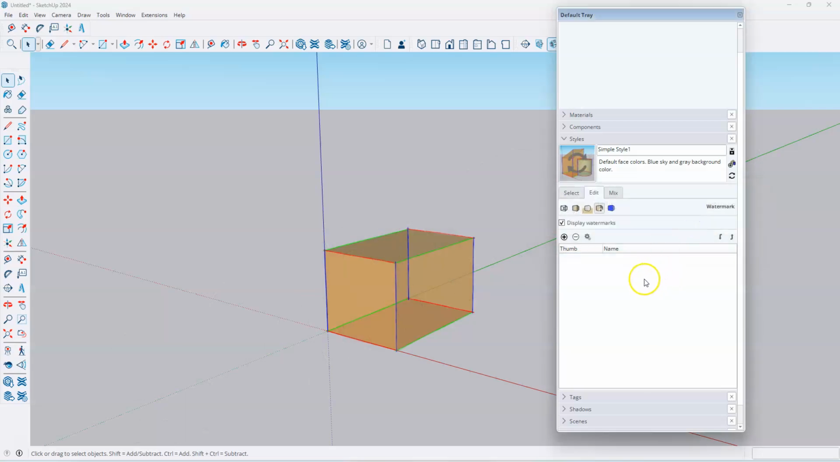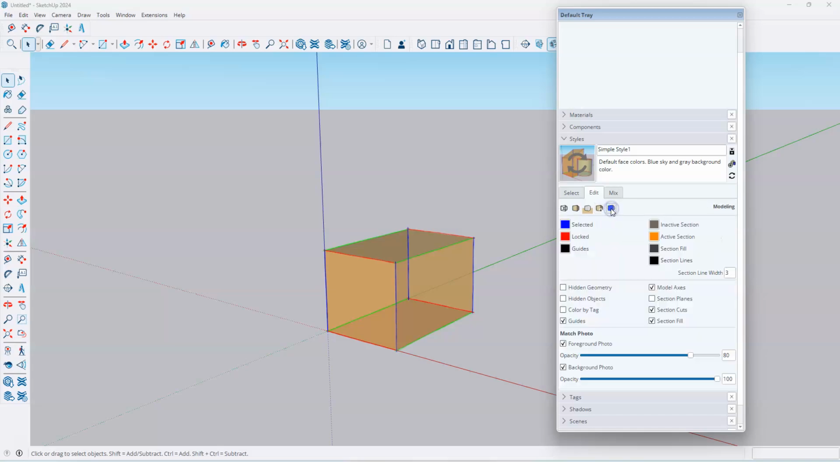And how we got to watermarks was in styles. Yes, styles on the edit tab. And then you've got these 5 little boxes across the top here. The 4th one is your watermarks. And the last one, our 5th one, is our model settings. So this one,